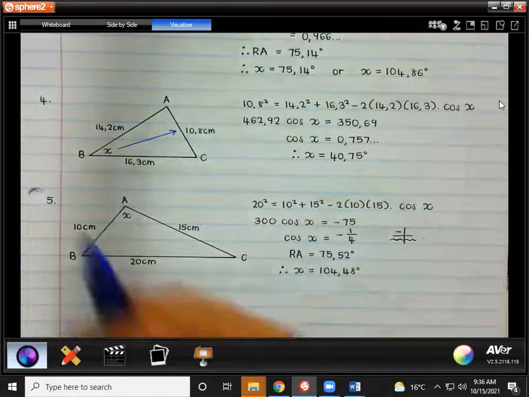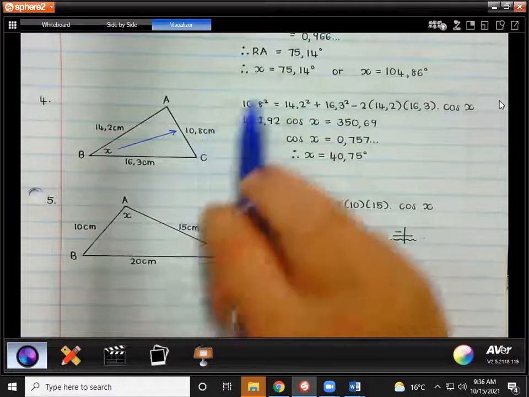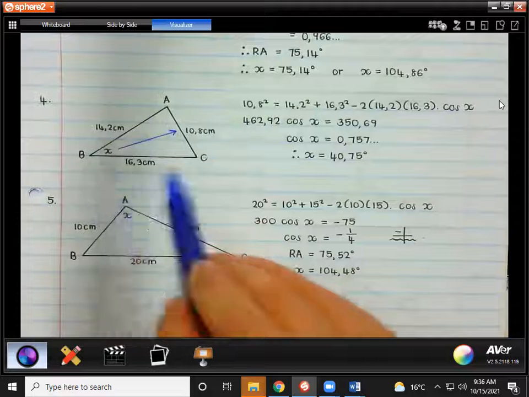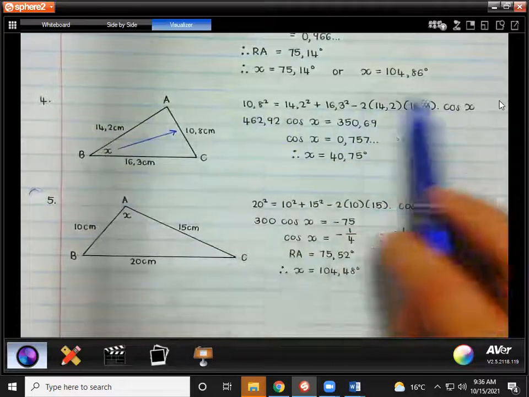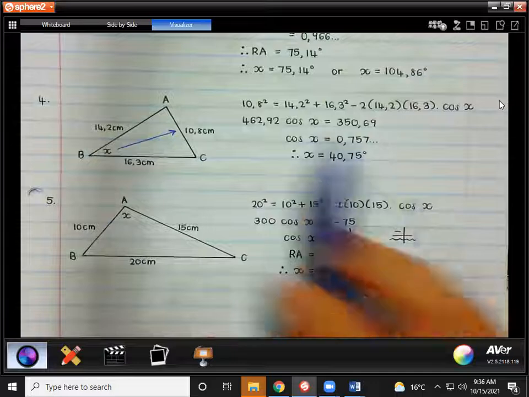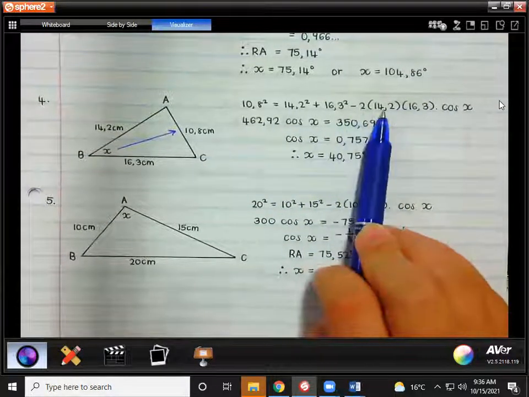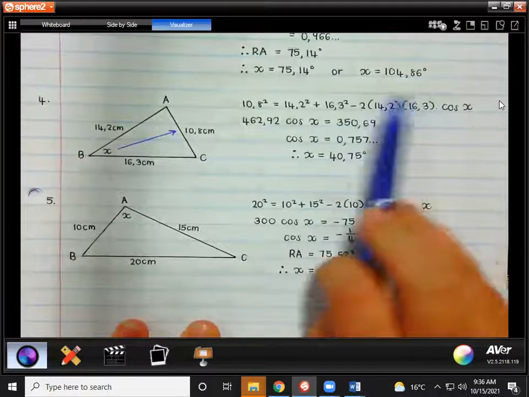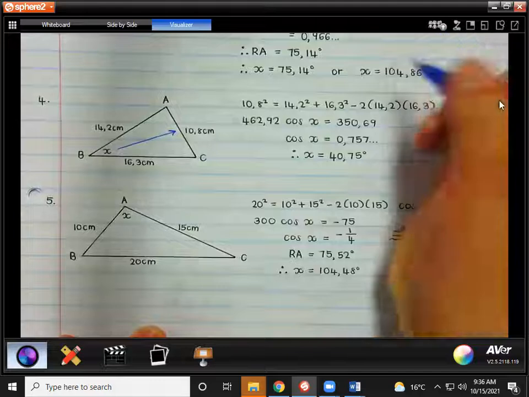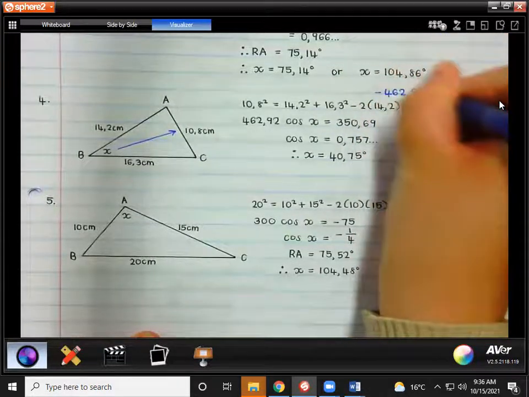So if you're finding angle B, you have to start with the side opposite that angle, which is 10.8 squared. Because that then allows you to have the opposite angle x in your actual cos rule on the right hand side there. Then what I did in this case, I did actually simplify this first. So I multiplied 2 and 14.2 and 16.3, negative 2 in fact. So over here, this whole term was negative 462,92 cos x,